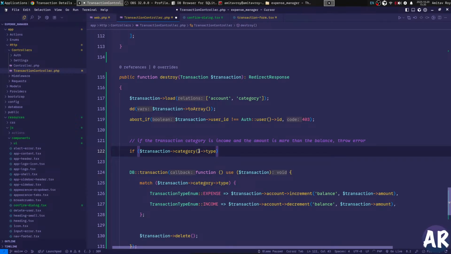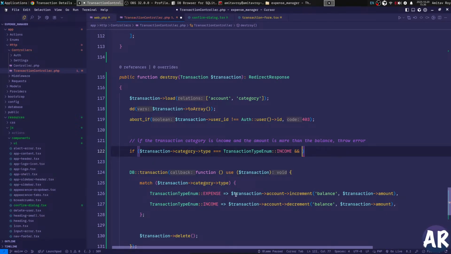I think it will be like this. Account increment, yes. So this is fine. Category type, yes, I have done this over here as well. So if transaction category is equal to this, okay,